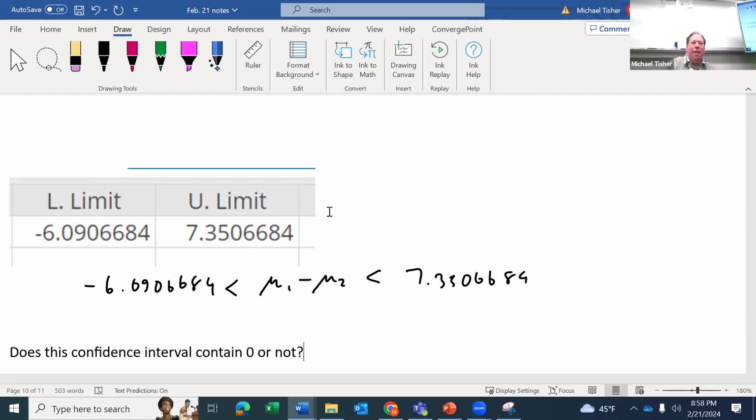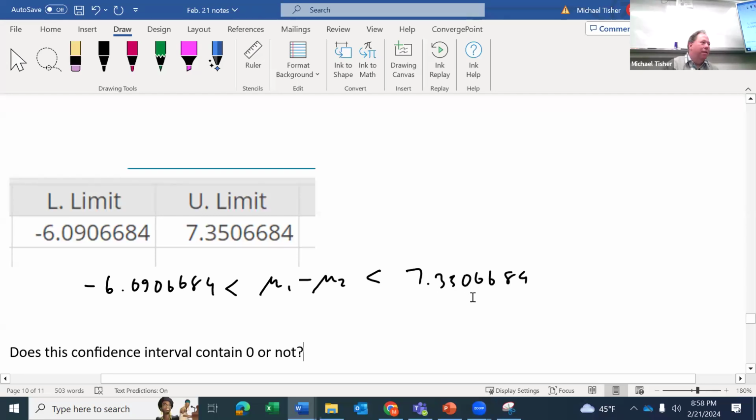And so what's the answer to that? And why is that, Rain? Okay, and so yes, what you're saying is 0 is between the negative 6.09 something and